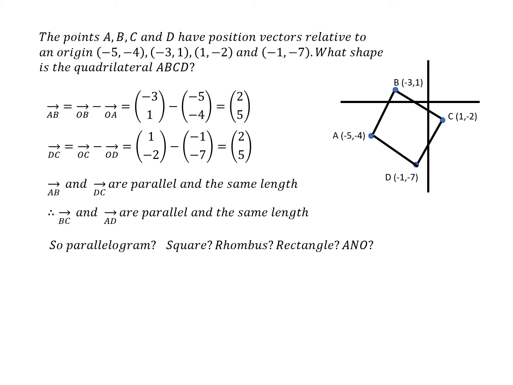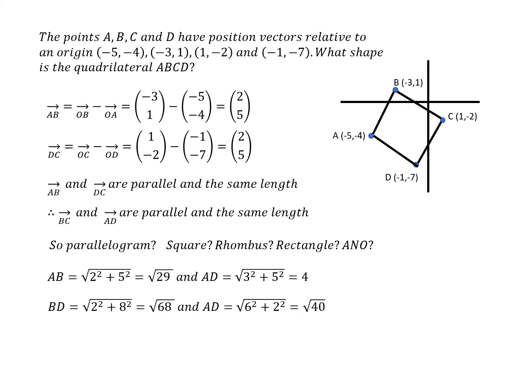Well, what is it about a square, a rhombus, and a rectangle that makes them what they are? It all comes down to the lengths of the sides and how they relate to each other. So what I've done here is calculate the length of AB and the length of AD. So we see that AB is different from AD. So that tells us it can't be a square, and it can't be a rhombus either, but it could still